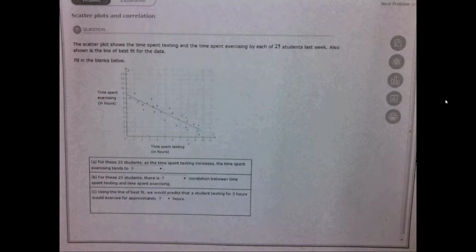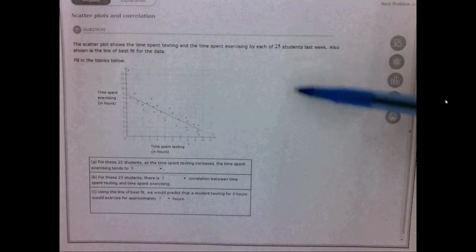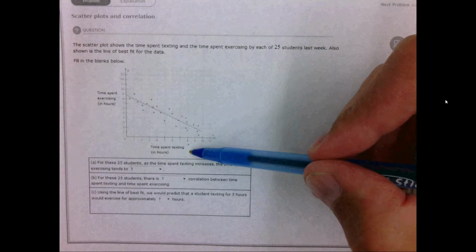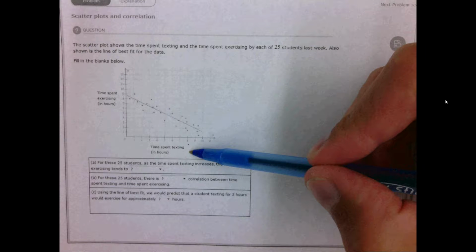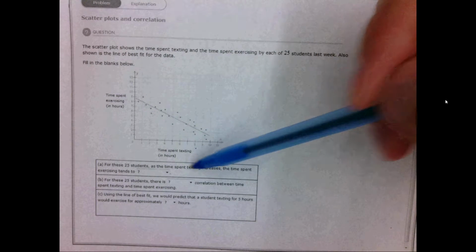In this question, we're given a relationship between two variables for 25 students last week, and those two variables are time spent texting on the x-axis and time spent exercising on the y-axis. And it asks us, for these 25 students, as the time spent texting increases, the time spent exercising tends to,